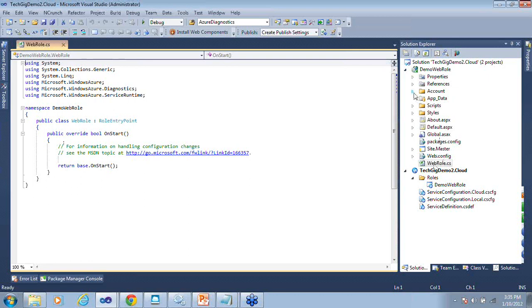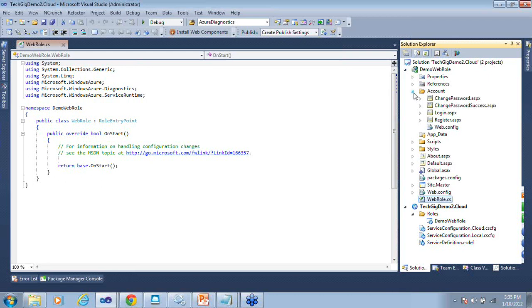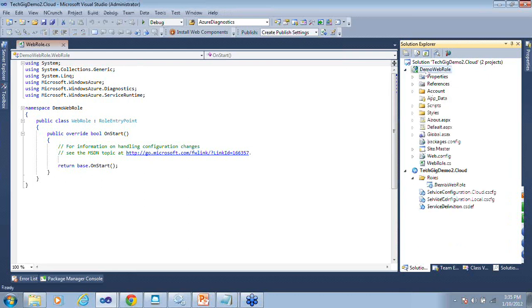So this is your web application, and this is a project which is nothing but actually a package which is going to tell Windows Azure, okay, I have these many roles, and this is how you have to run them. In this cloud project, I have one role here as of now, demo web role, which is nothing but this web application. If I had selected multiple roles here, like a worker role or MVC3 or two web roles for that matter, you would have seen these multiple roles in here. Now, the service definition and this configuration file we'll see one by one. Before doing that, let us run it and see what it looks like in the development environment.